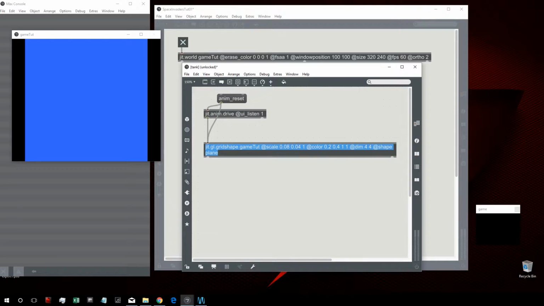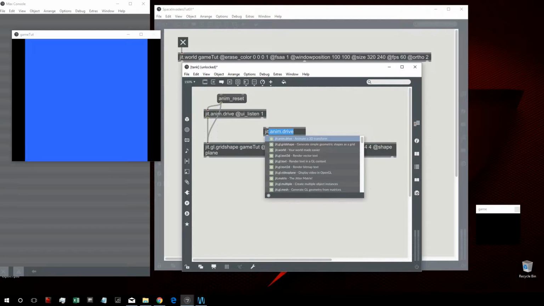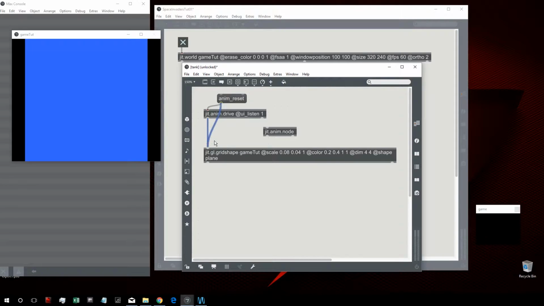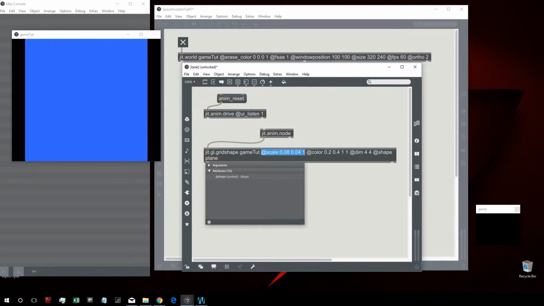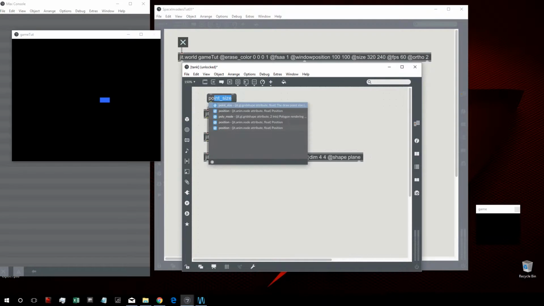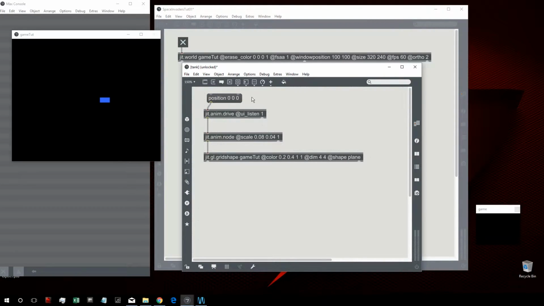So instead of giving the scale to the grid shape, let's create a jit.anim.node, and let's attach this anim node to the grid shape, and give the scale attribute to the node. So now the jit.anim.node takes care of the position, the scale, and all the transformations of our jit.gl.gridshape object. Instead of using anim reset, let's create a message position 0 0 0 in order to reset the position